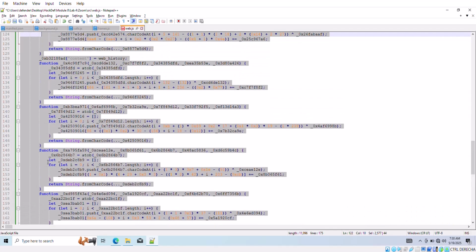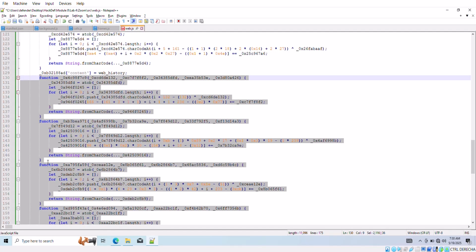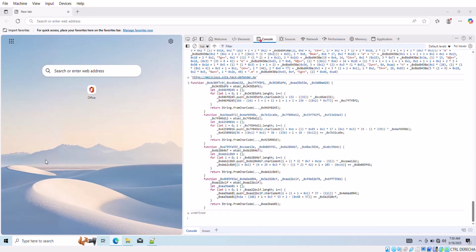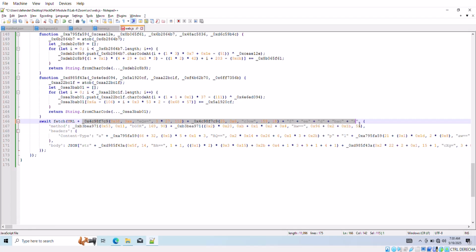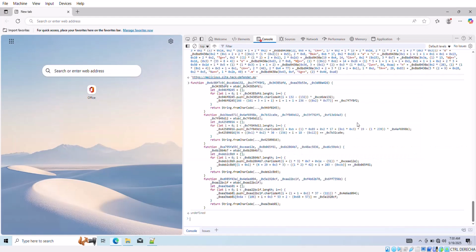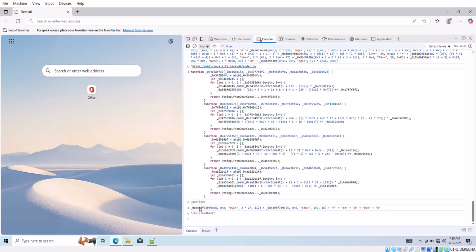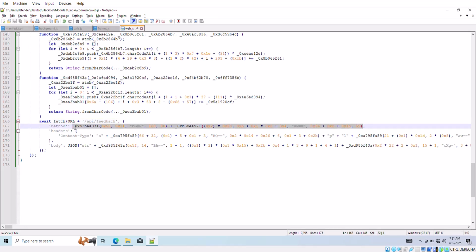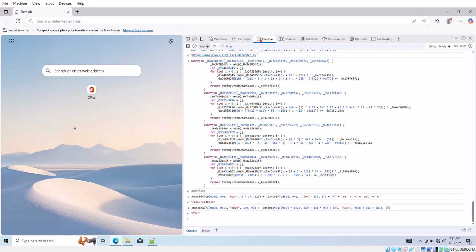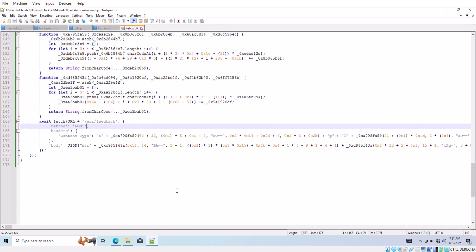Let's copy all these functions. And deobfuscate this part. So again, this is API feedback. And it is using another method. Let's see. Oh, it's actually post. And okay,